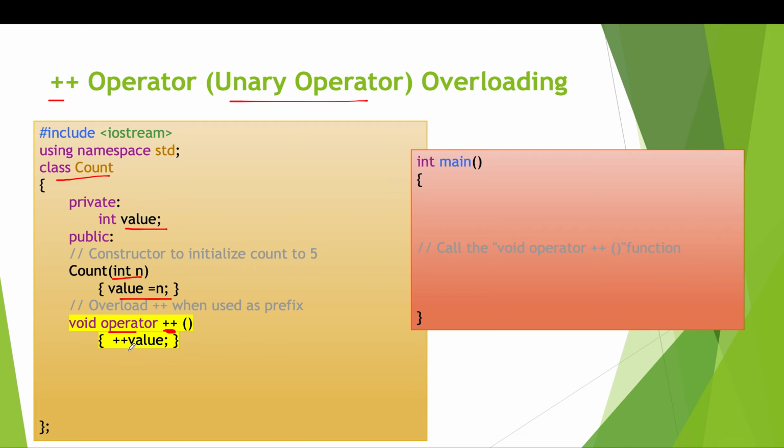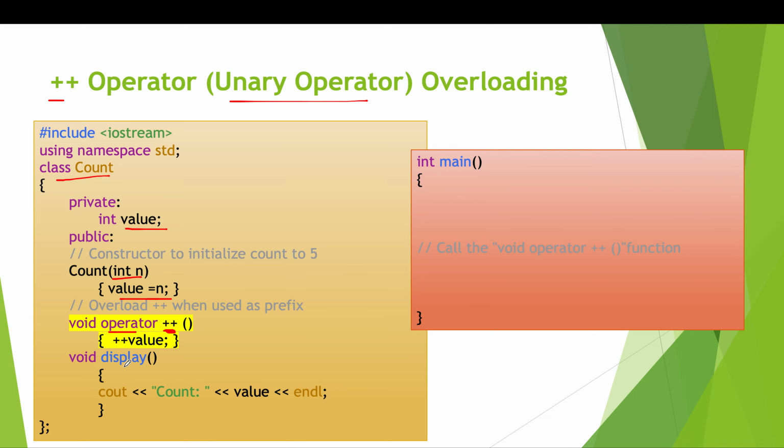So what it is doing, it is incrementing the value of the value variable. Ma'am, can we put multiplication and division sign there in case instead of plus? Yes. So these two examples we have taken are of unary operator, and the next example will be of binary operator. Plus, as I told you, any operator you can overload. Except for a few operators in the previous list, all the operators you can overload. You might write plus here, and inside you might form a whole calculator. That is also possible. Okay, so the next example we are going to see is for binary operator.